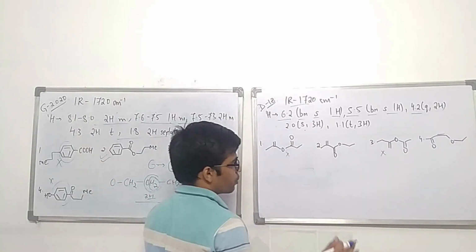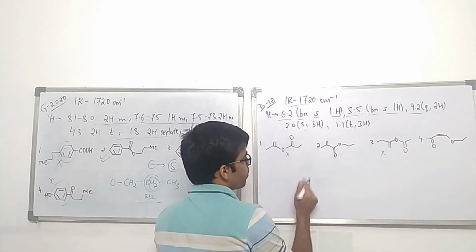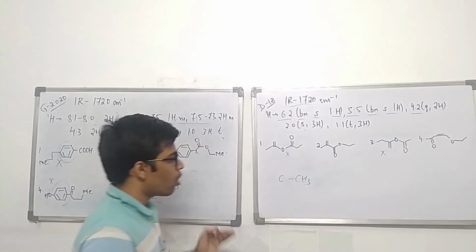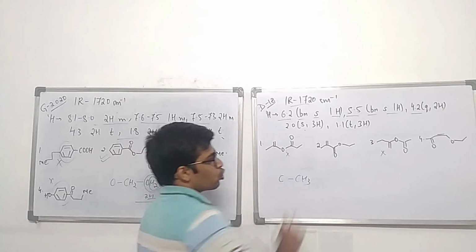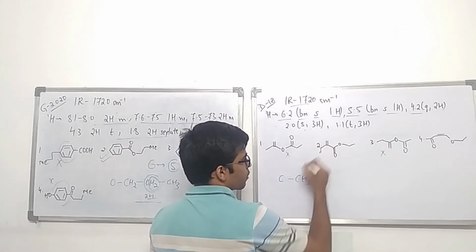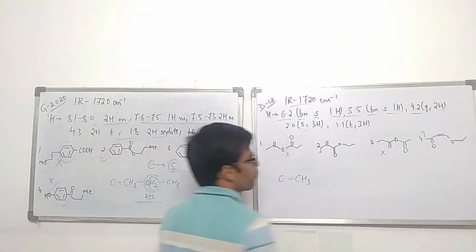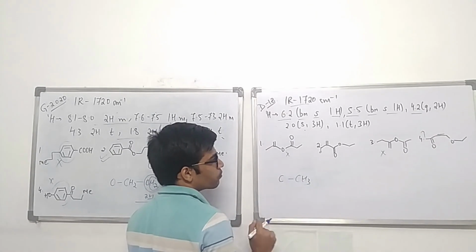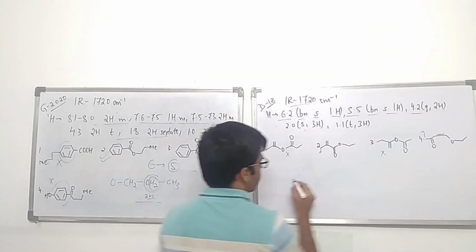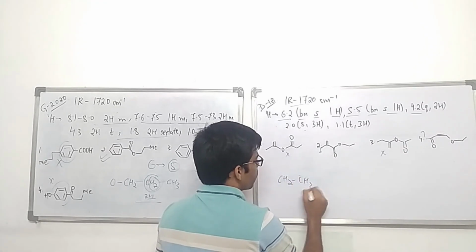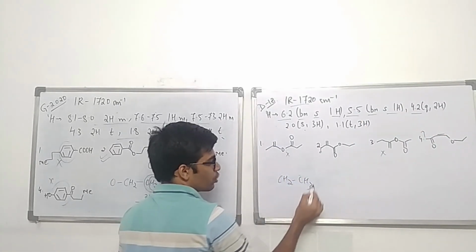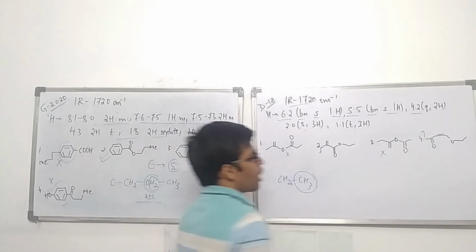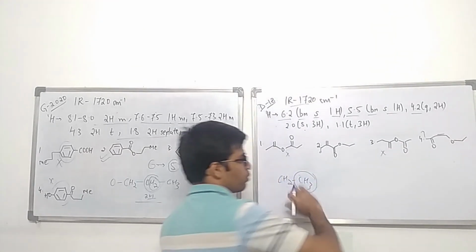2.0 singlet of 3 hydrogens. Singlet of 3 hydrogens will mean it is having a CH3 group and the neighboring carbon atom does not have any proton. So that means it might be this or it can also be this. Possible for both. Okay. There is a triplet of 3 hydrogens at 1.1. Okay. So that means it belongs to this. From this I produce this fragment. So this is the triplet of these 3 hydrogens because of this. Okay. But even now you cannot figure out whether it is this or this. It is possible for both.